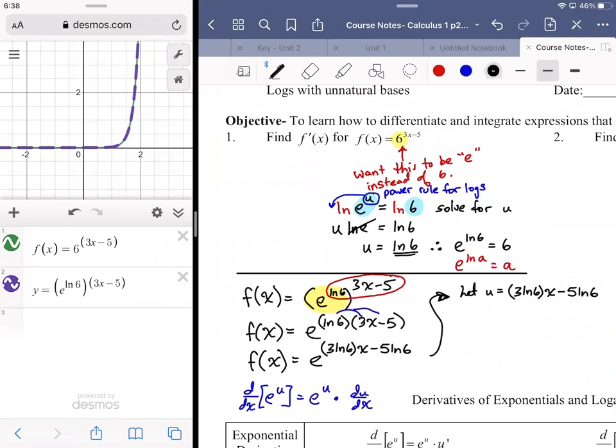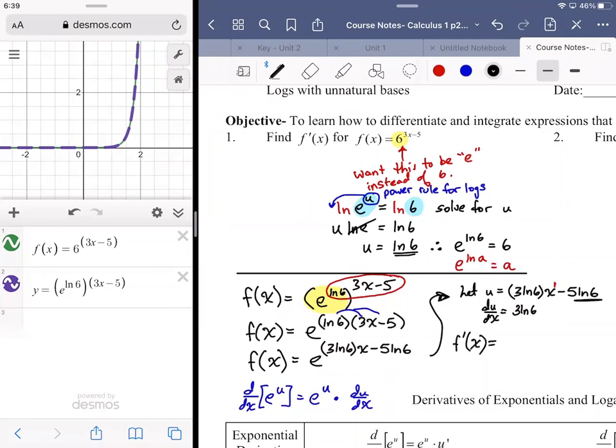But that's what the u would be equivalent to. And it's got ln's in it, but it's still a linear relationship. So when I find du dx, that x has a power of 1 multiplied by the coefficient. You get 3 ln of 6, reduce the power by 1, x to the 0th goes away. This piece here is constant. There's no x in it, so that goes away also. All right, so my derivative f prime of x